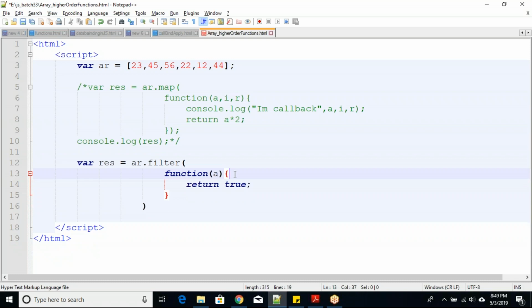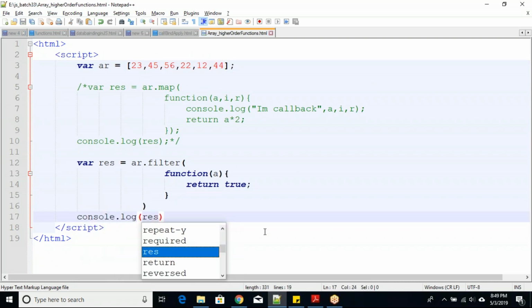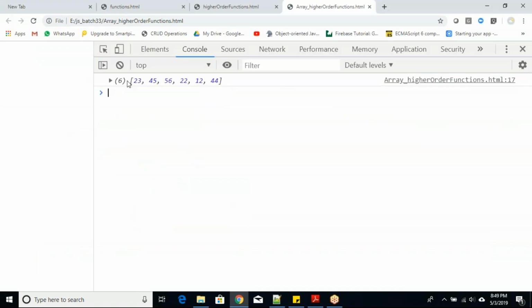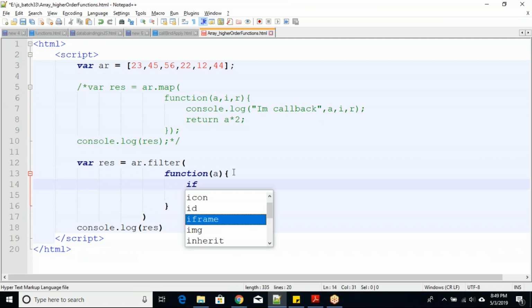For example, every time this callback function returns true, it will accumulate all the values which are available in the array. So console.log of res will print all the values back in the same way. But for example, I have applied a condition.